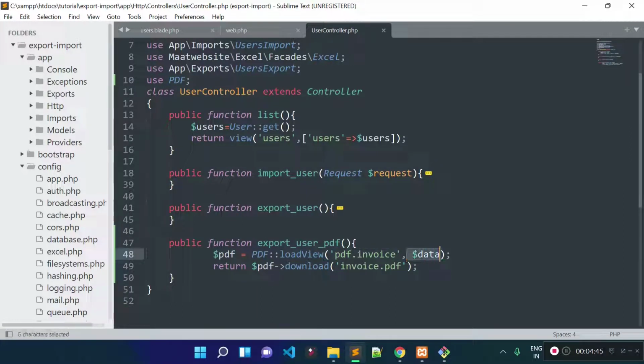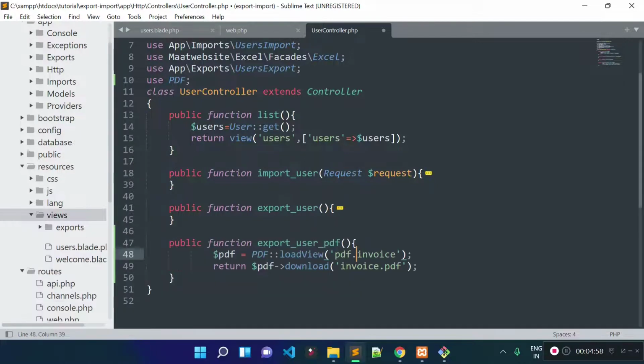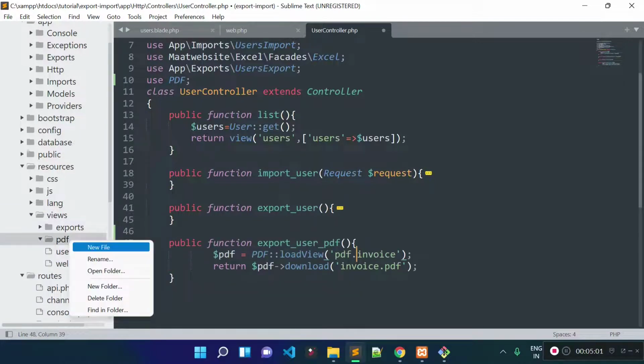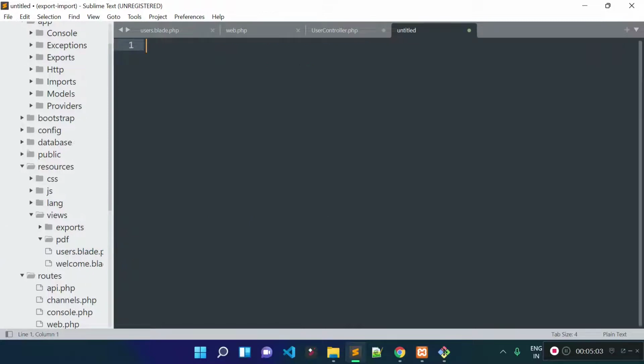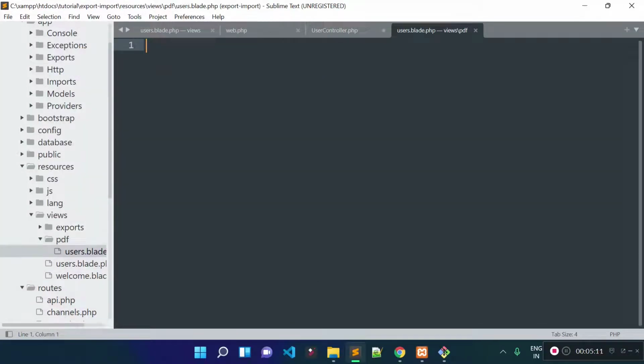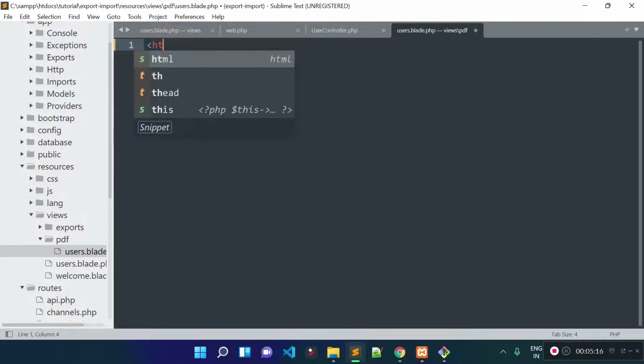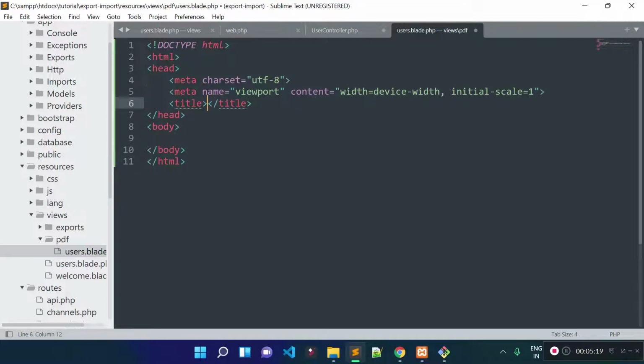We are not passing any data to the view file, so I'm going to create a new folder inside our resources views folder, and the folder name will be pdf, and inside this pdf folder I'm going to create a new file called users.blade.php. Okay, and in this view file, for now I will open an HTML tag, and users PDF will be the title.